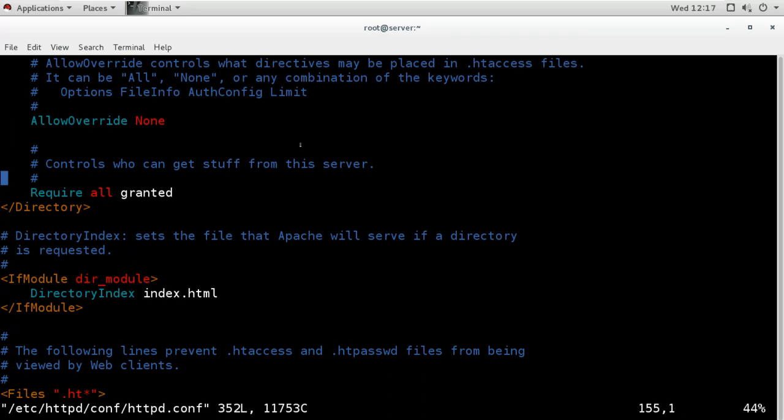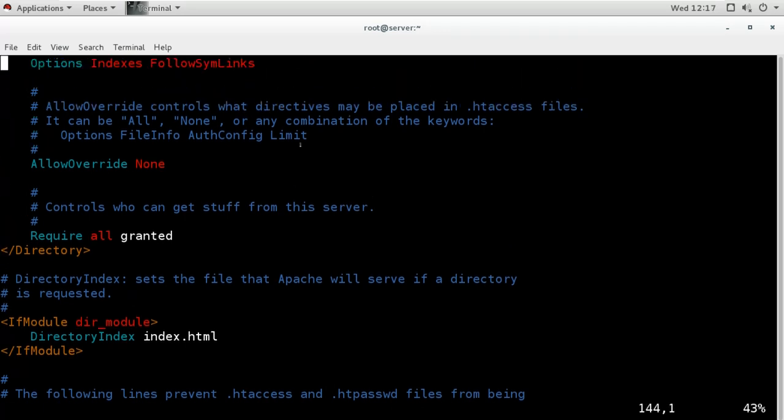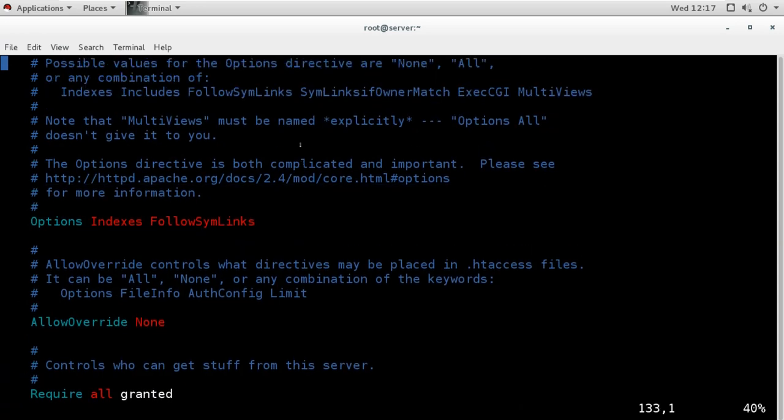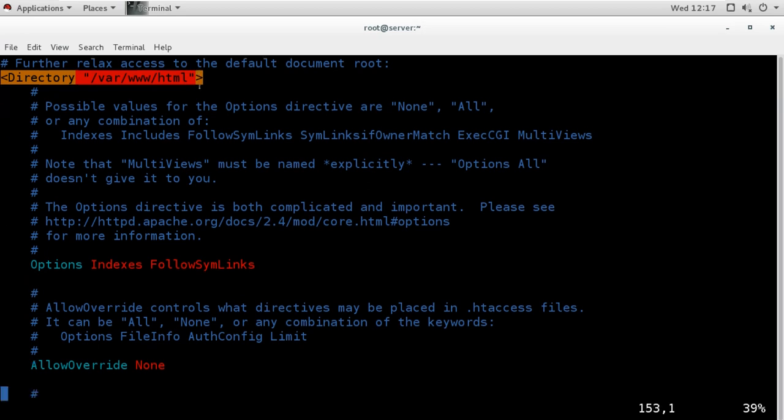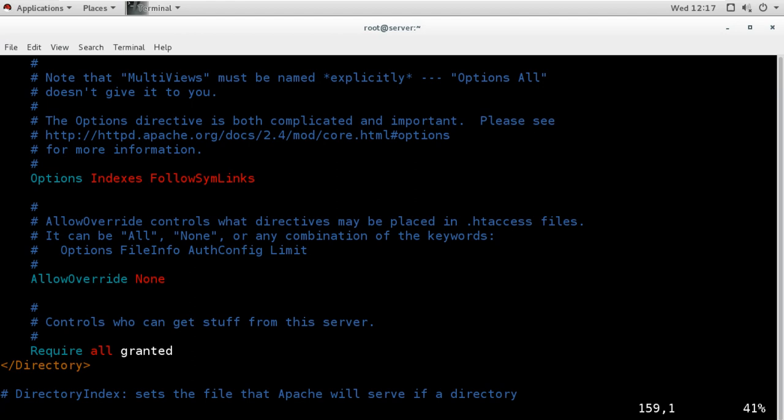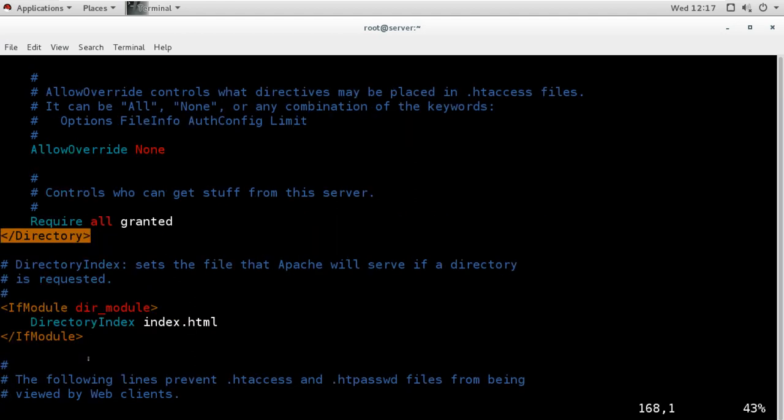Now in this file you have these options here, you can see, for the directory. This is our document root directory, and for this directory we have these options here: directory open and directory close. Now for my squirrel mail directory, I will create an alias, and I will also create this directory tag, so that it can be shared.